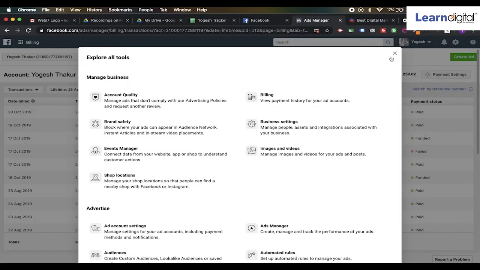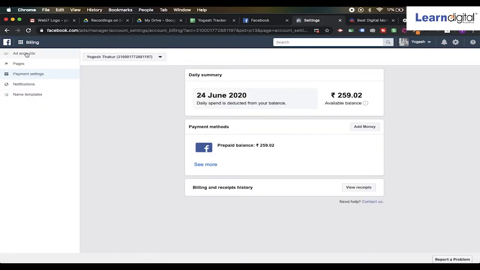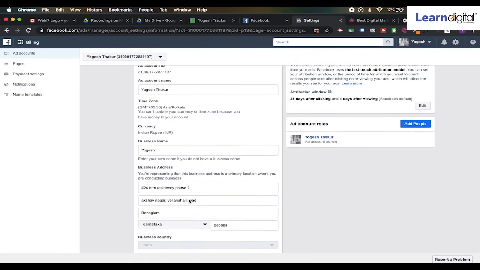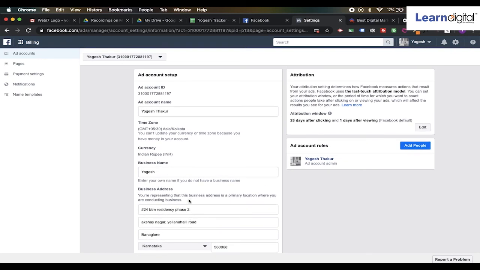Once you have clicked on billing, payment settings, and then the ad accounts. Over here, you got to add. Account ID will automatically be prepared for you, and you have already set your time zone and the currency. After that, you gotta add the business address of yourself, and then your GST and PAN number, which I'm not going to show you. These things are actually required for an ad to be launched.